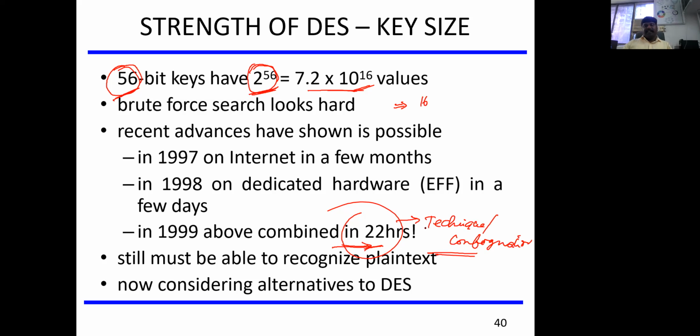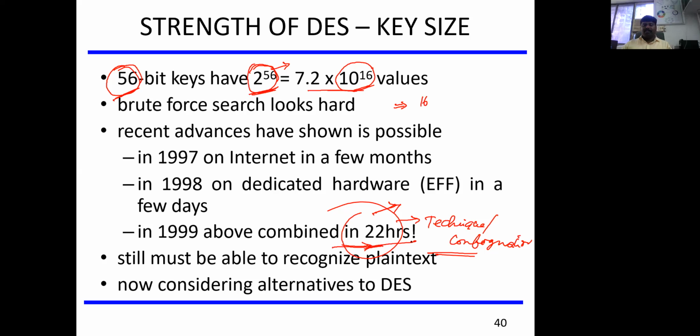Though this DES operation uses a 56-bit key, which is about 7 times 10 power 16 values, and we use a different key for each round, the technologies have improved, so the password can be cracked if you keep trying, depending on your hardware as well as software efficiency.